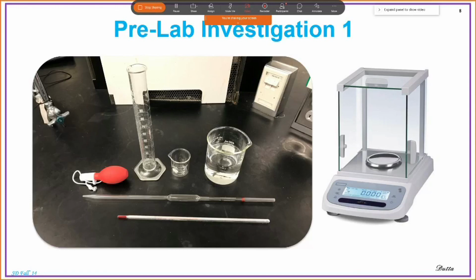Okay. So, do you know what the goals for this lab are? You'll be given 3 glasswares. Actually we are doing it with 3, but in the past, by the way, I forgot